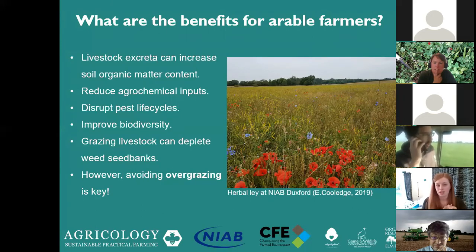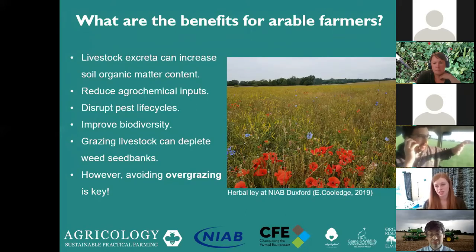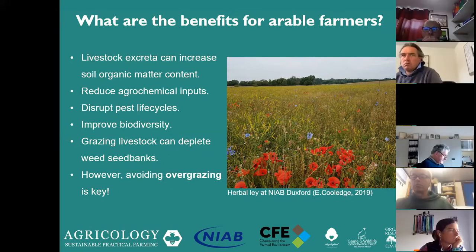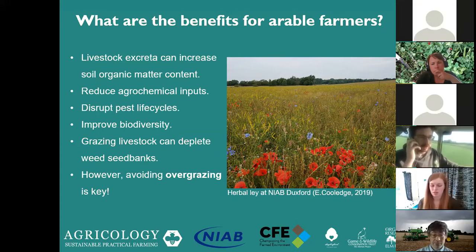Similarly, urine is really loaded with nitrogen, and this can reduce the amount of agrochemical inputs you need for your land. In Belgium, they found that by grazing cattle on a dairy ley, you reduce the requirement for nitrogen fertilizers by 170 kilograms of N per hectare in the first year of the following arable crop. Similar results were found for a maize yield following a grazed arable ley. This maize yield was increased by 85% compared to the control, which wasn't grazed at all. So livestock can really do some wonders in terms of nutrient recycling in the system.